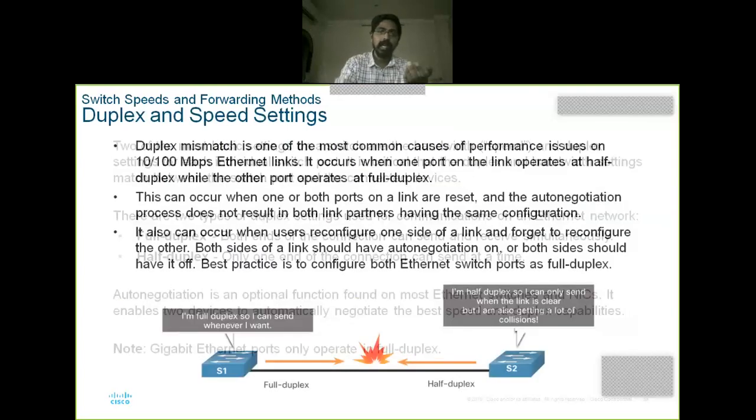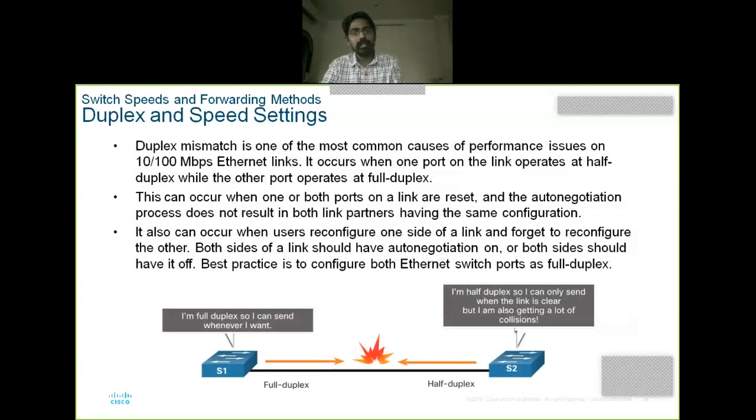So what happens is, observe this diagram, switch S1 is working with full duplex mode, switch S2 supports only half duplex mode. Whenever you connect these two different configuration devices, during the communication, S2 maintains communication in half duplex mode, and S1 maintains communication in full duplex mode. It won't wait for anyone. It won't wait for S2, it simply sends the data because switch S1 has the capability of full duplex. But S2 is only half duplex. Whenever S2 wants to send the data, it sends just like that.